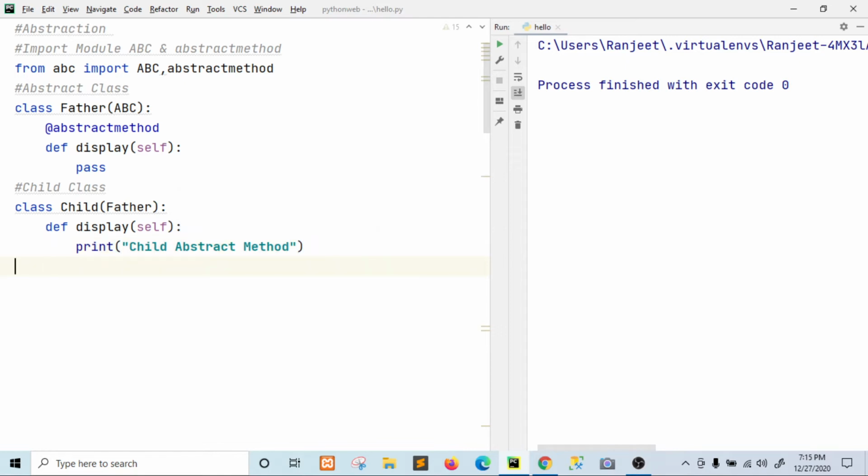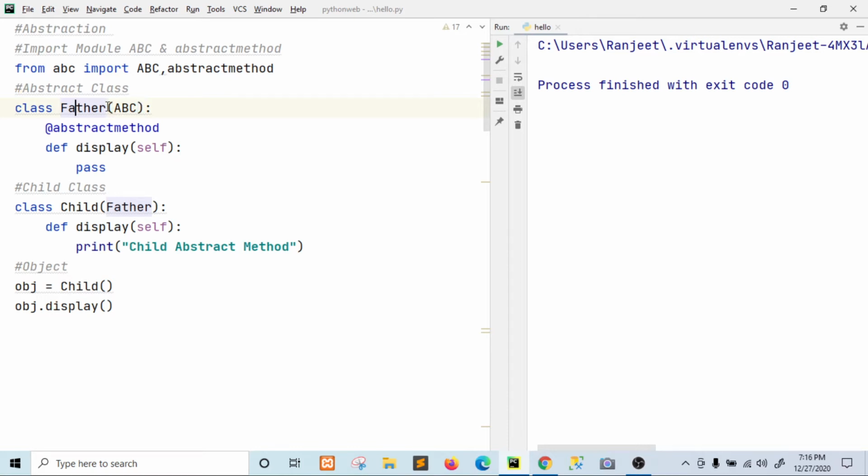Now create an object. Let us see, create an object of the child class, obj. Now access obj.display. So what should be the output? Let us see. First we import the module abc and abstractmethod.